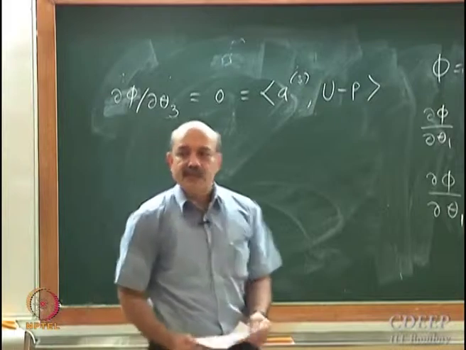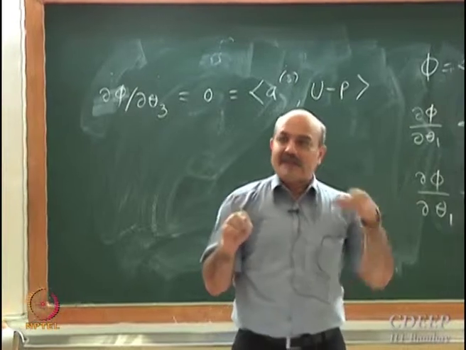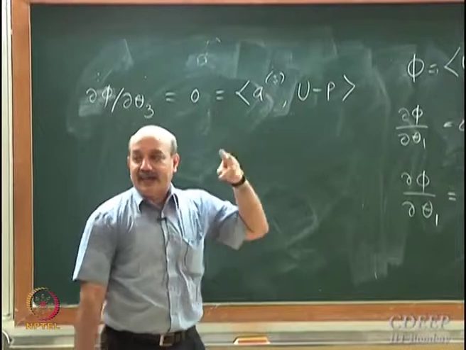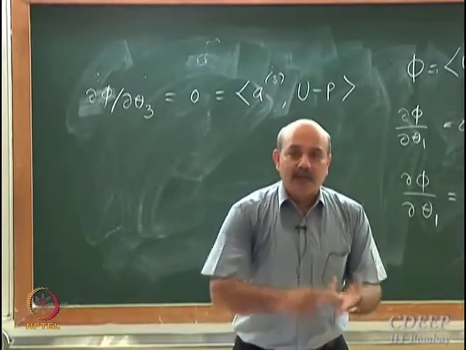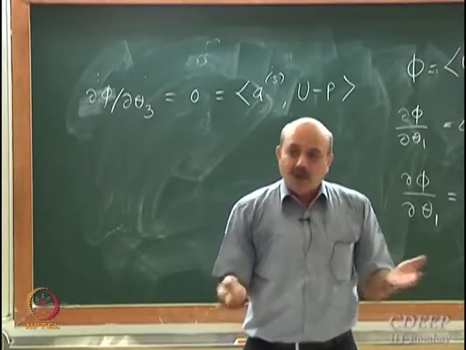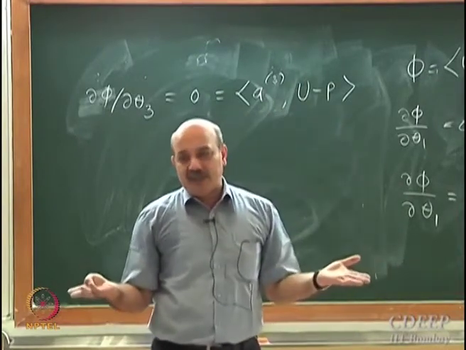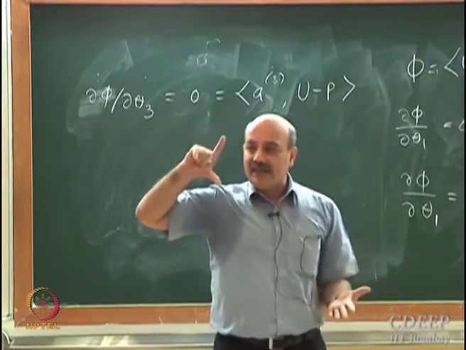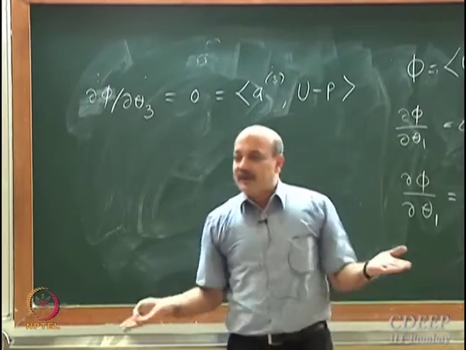So what is the geometric meaning of this? That this error vector is perpendicular to A1, A2 and A3. If the error vector is perpendicular to A1, A2, A3, it will be perpendicular to any linear combination of A1, A2, A3. What is a linear combination of A1, A2, A3? It will be in the span of A1, A2, A3, the subspace of A1, A2, A3. So this error vector is perpendicular to the span of A1, A2, A3.